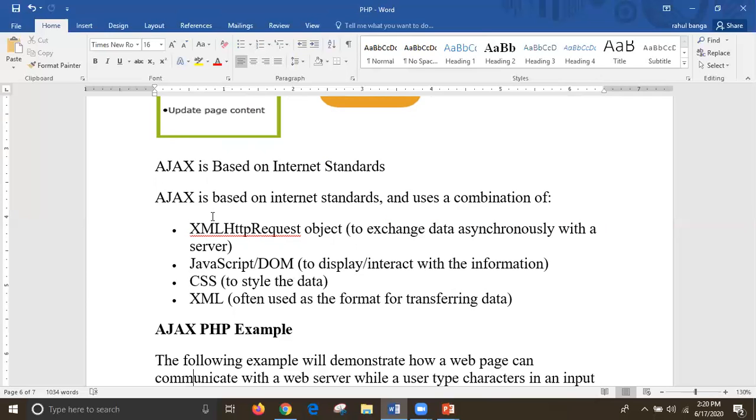Once that is done, the process is completed, we have to transmit the data, and that transmission is done with the help of XML. So Ajax is basically based on some internet standards and uses a combination of all of these. Everyone has their own features, and Ajax takes every language's features and adds them into itself.